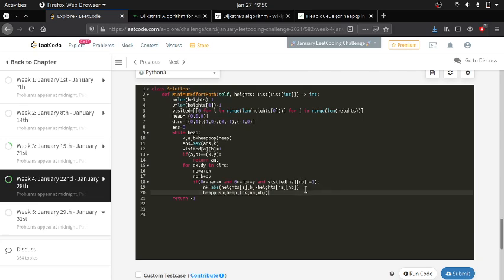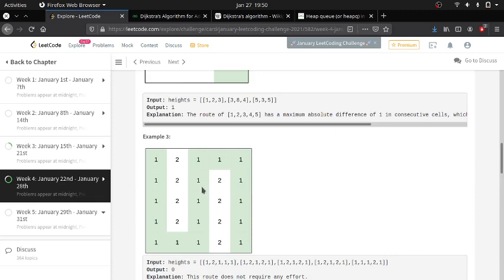Okay, what I am calculating here is the absolute difference of heights of a comma b and heights of new a new b. So let me say I am here. What I am calculating is the difference between these two elements, and I am naming it the new effort, the new effort in traveling from one to the other.